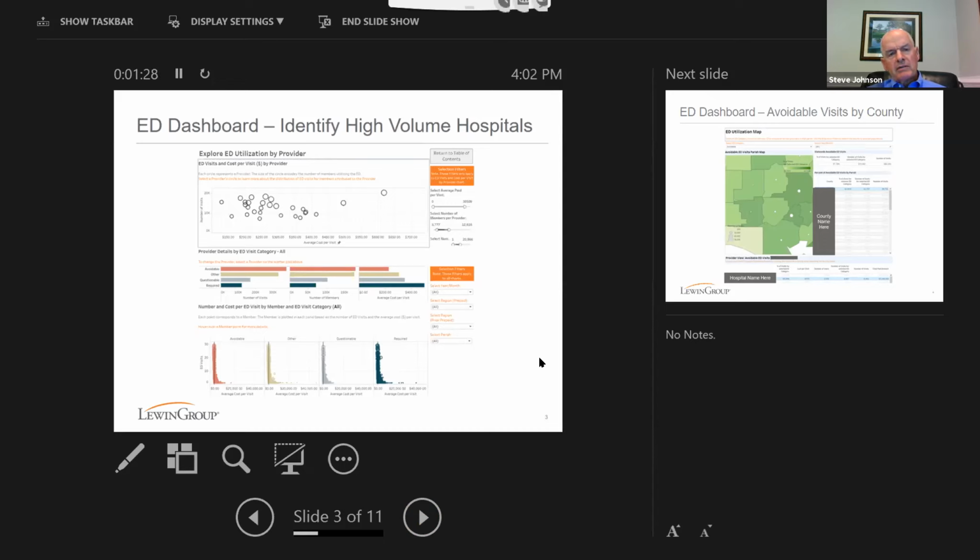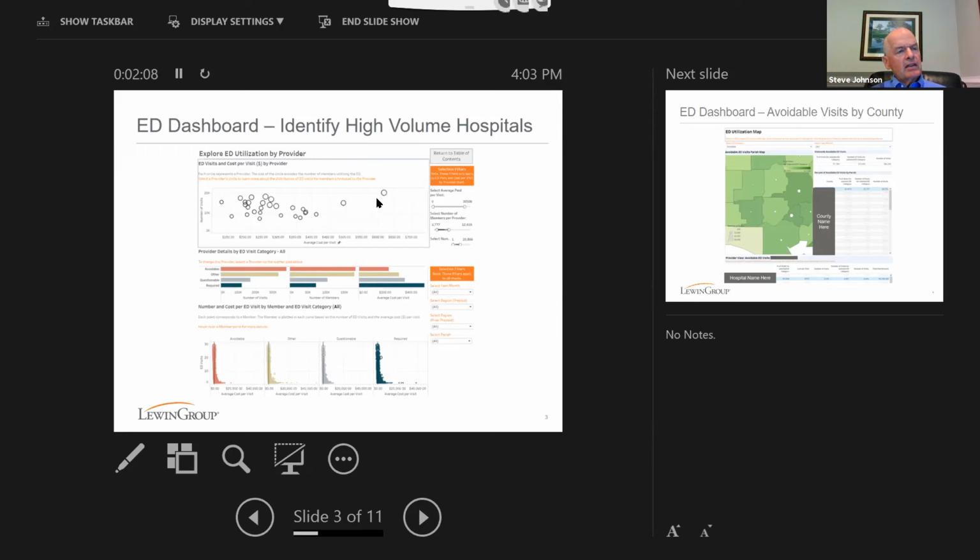So one of the very first dashboards that we ever did for ED utilization was for a client that said, well, my ED utilization is going up rapidly. Where are they going? Where are my members going? So we've built a pretty straightforward view where in the upper scatter graph, you can look at each of those circles, and each of those circles represents a hospital, and you can see what's the volume on the y-axis for that hospital and what's the average cost per visit on the x-axis for that hospital. So you see the hospital in the upper right-hand corner has about the highest volume and also the highest average cost. Within the tool, and this tool is built in Tableau, you can select any one of those hospitals, and